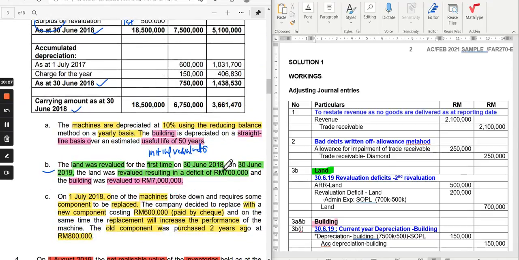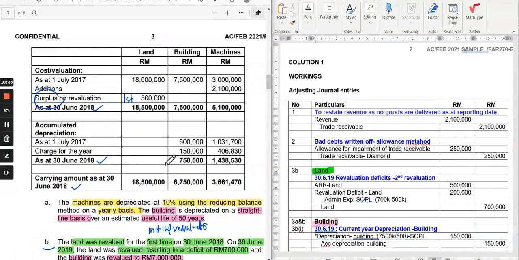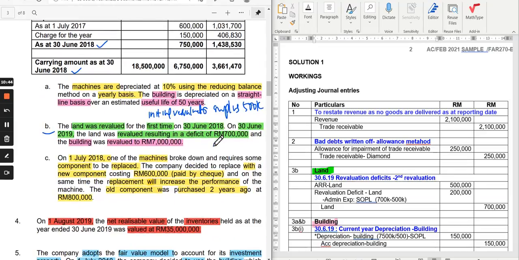Then you go on reading. On 30th of June, the land was revalued again, and this time it resulted in a deficit. For the first time, initial revaluation was a surplus of 500,000. For the second time, this is the second and subsequent revaluation, right? Second revaluation, that was